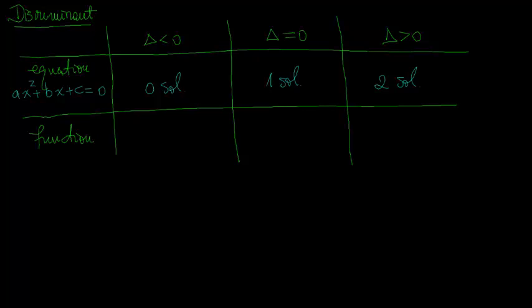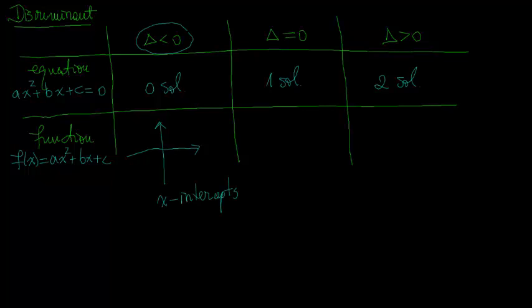How does this translate for the graph of functions, quadratic functions of the form f of x is ax squared plus bx plus c? Well, if delta is less than 0, then the graph of this quadratic function is going to look as follows. Depending on a, it's either going to be concave up or concave down, but that doesn't really matter here. What I'm interested in is the number of x-intercepts. So if I'm looking at x-intercepts,